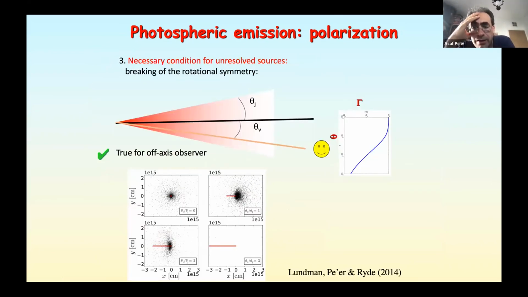Now, of course, the problem is that if we're sitting exactly on axis, we see nothing. But it's just more likely that we sit somewhere off axis, just a phase space effect, which means that what we should actually see would be somewhat less in luminosity, but much higher in polarization. So when the observer is slightly off axis, this breaks the rotational symmetry and we end up with